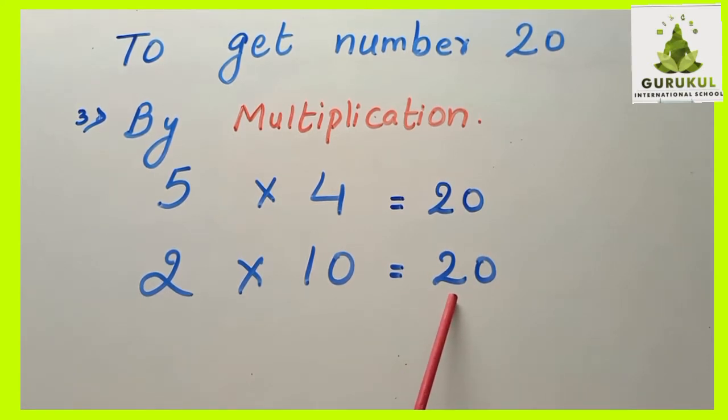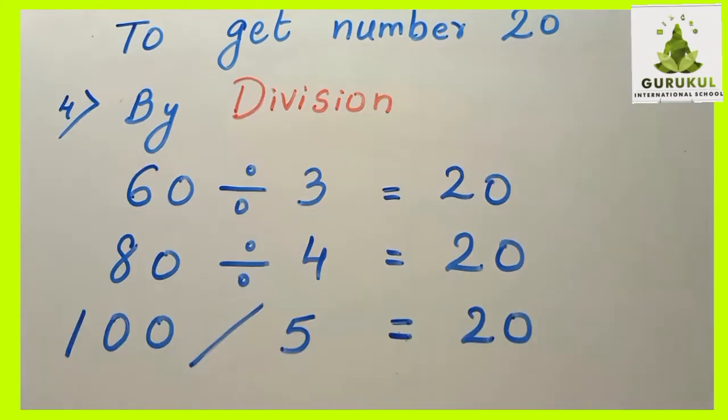Now by division, copy down this in your notebook. The operation involved here is division. This is a division sign. This is also a division sign. You can show division by a slanting line also. 100 divided by 5 is 20. Have you read it? 100 divided by 5 is equal to 20. Is that clear? Now 60 divided by 3 equals 20. Understood? If you divide 80 by 4, you get 20. So this way you are using the mathematical operations to show all the calculations.